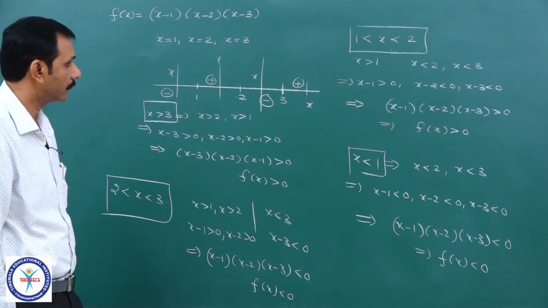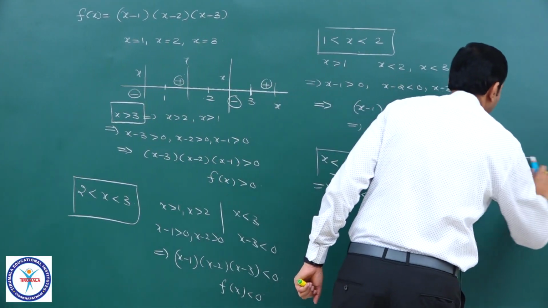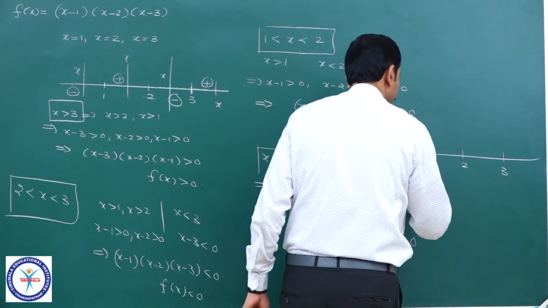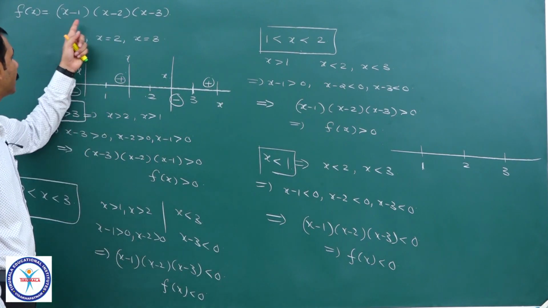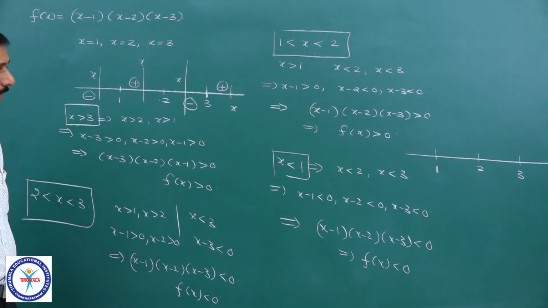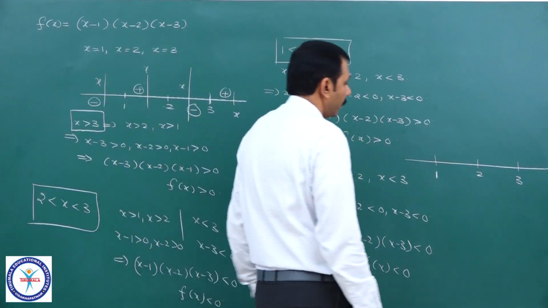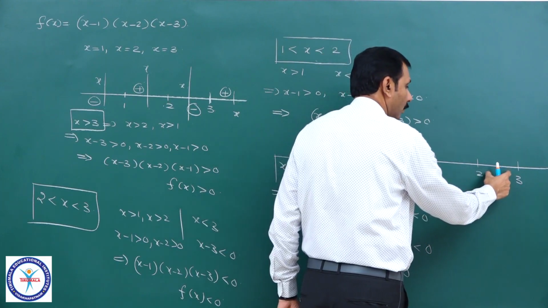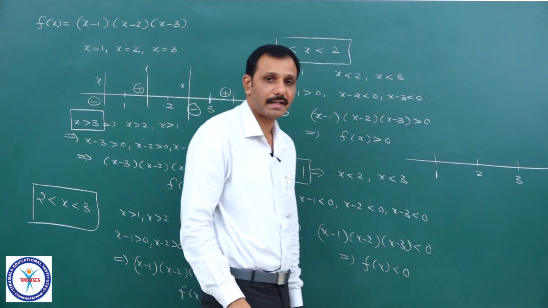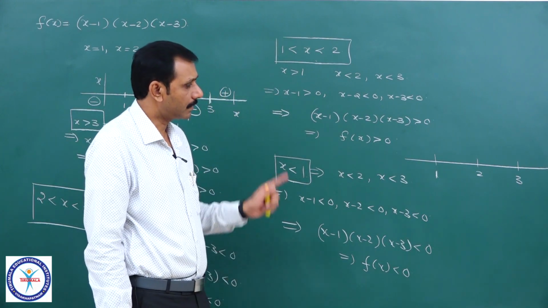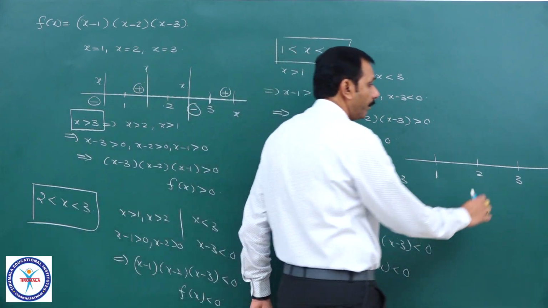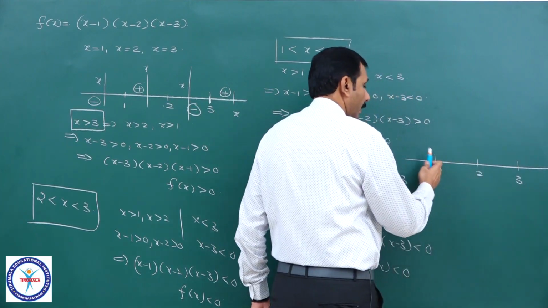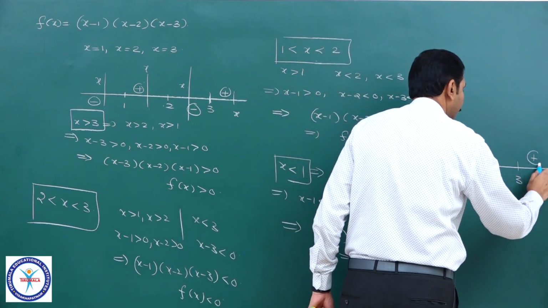Observe this. Again I will draw this real line. Let me mark here 1, 2, 3. Our expression is x minus 1, x minus 2, x minus 3. Possibilities for x we have seen may be less than 1, or between 1 comma 2, or between 2 comma 3, or greater than 3. On the extreme right we have seen, if x lies somewhere here, x minus 3 positive, x minus 2 positive, x minus 1 positive, so here it is completely positive.